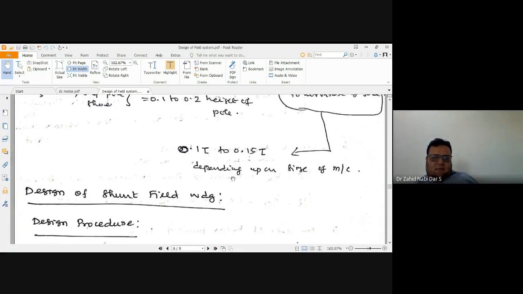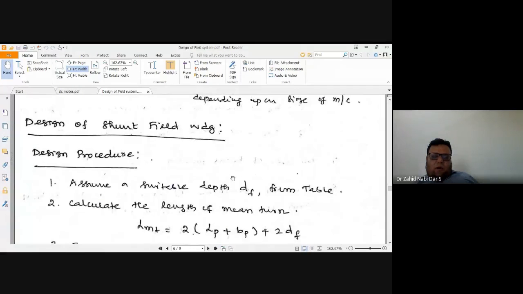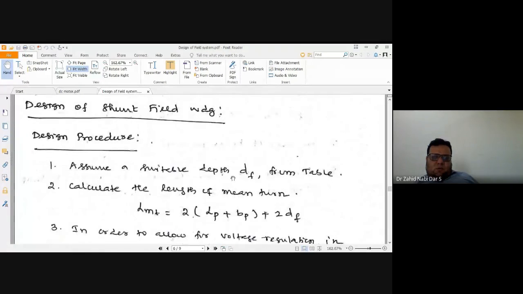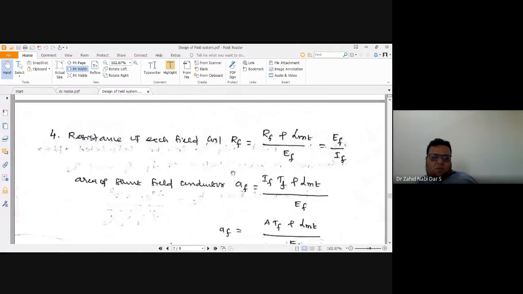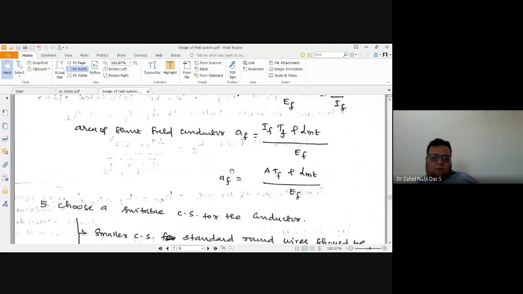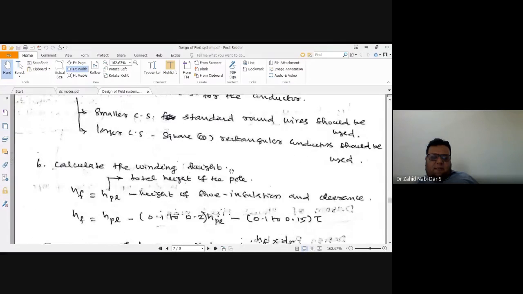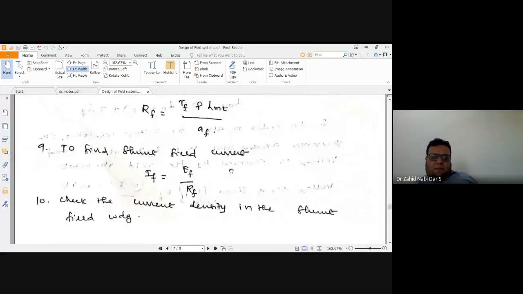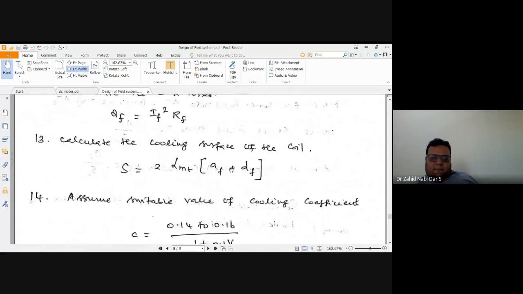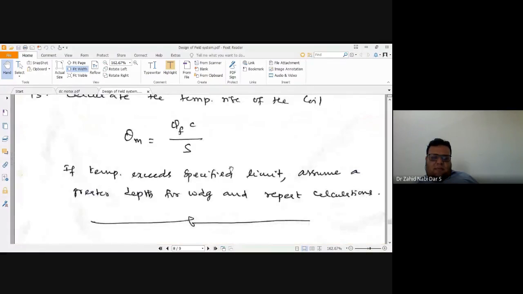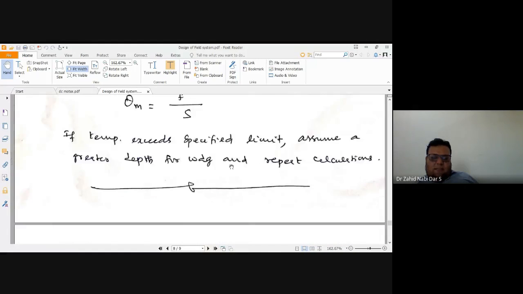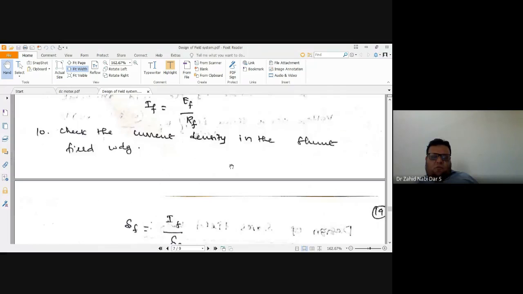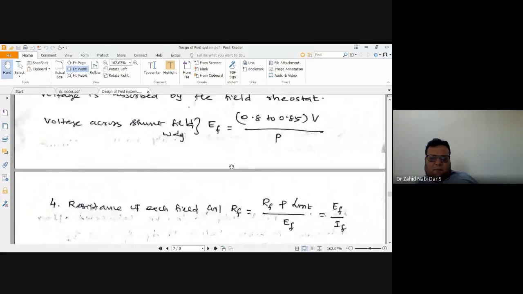Now this was about the design procedure. So how do we go about the design? So there are four steps in the design primarily. Then further for calculations, you have some, like in transformers I had steps. So these are primarily, you can say, not all the steps, not 15 and all, but four are basic, and then there is some manipulation.